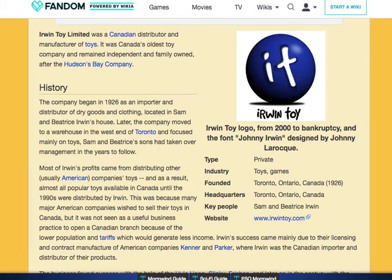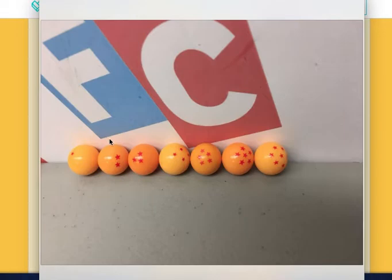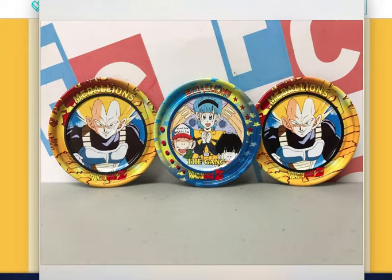So the Dragon Balls, this is what the Dragon Balls look like. They're pretty small. It's pretty hard to get like the 7-star Dragon Ball and things like that, but that's what they look like. And the medallions looked like this. I think they're about 5 or 6 centimeters in diameter, so they are pretty big. And yeah, they're actually made of metal, so they are quite good